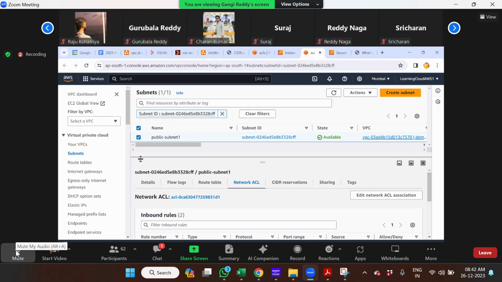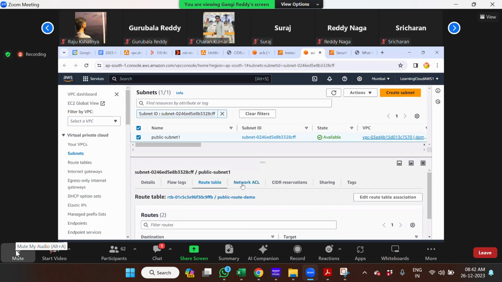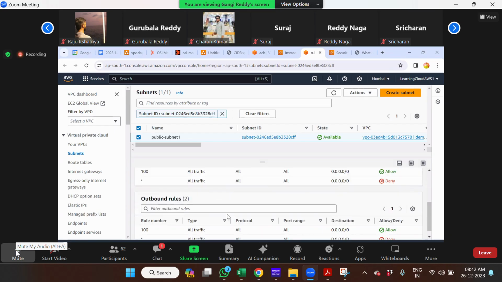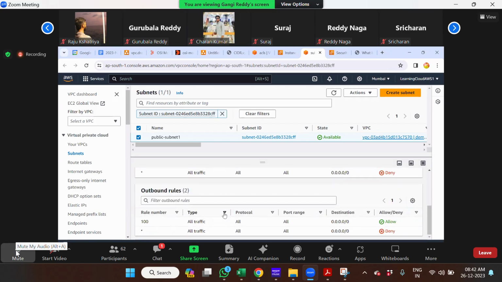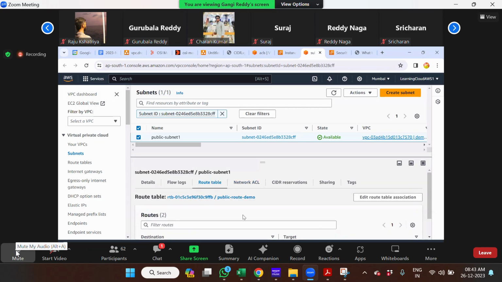Now, let me put it like this. A packet came from outside, from the internet, 0.0.0.0/0. It went into which guy first? IGW. And in parallel, it goes through and evaluates the NACL. In the NACL, everything is allowed. Now it will touch the EC2 machine. That is how the packet flows. If any one of these breaks, if the IGW has been broken, or the NACL has some rule restriction, you cannot connect to